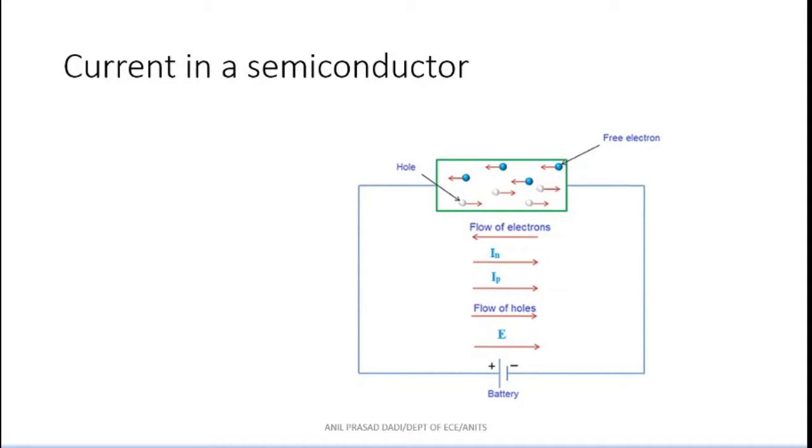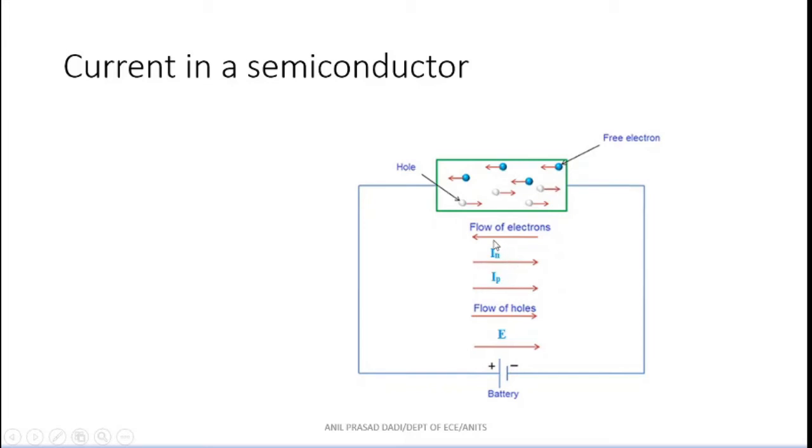We have understood with respect to the electric field direction, in which direction the electrons are flowing, in which direction the holes are flowing. Because of the electrons, the current is in which direction. Because of the holes, the current is in which direction. So the total current that is flowing in the semiconductor is in which direction, and it is due to which current? Left to right. Very good. And it is due to holes and free electrons.